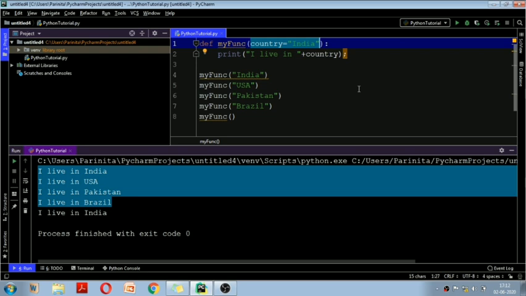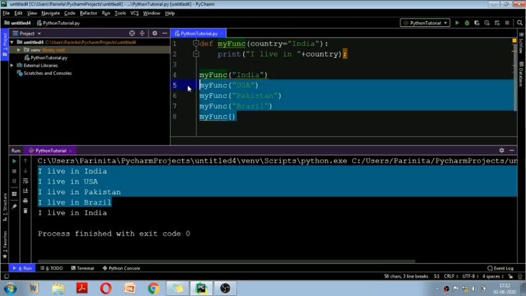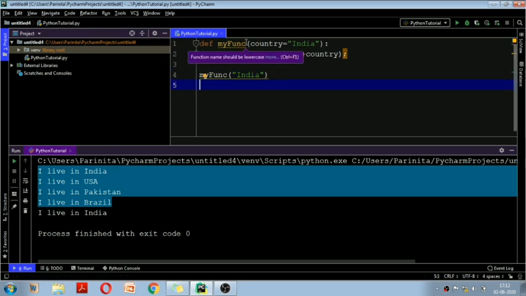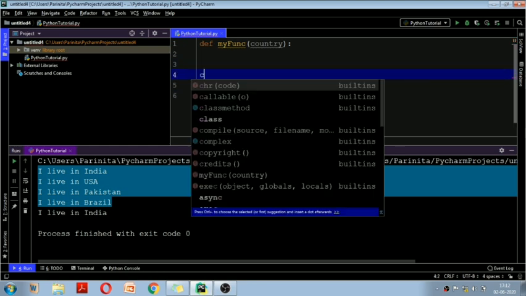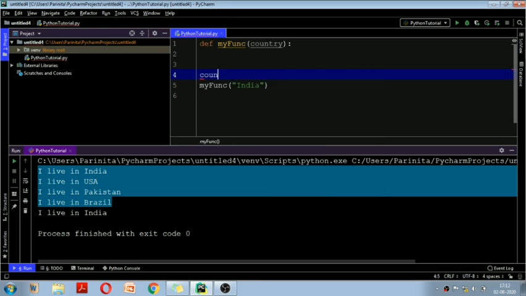So how to do it? For example, this is the function where I want to pass country. Let's say country only I want to pass. Now, for example, we want to pass the argument as a whole list. Fine. So for that, obviously we have to define the list first. So for example, we are having the list of country as country equal to